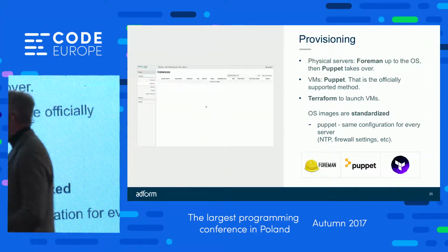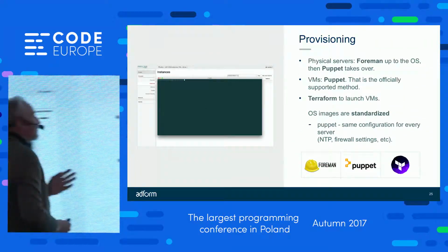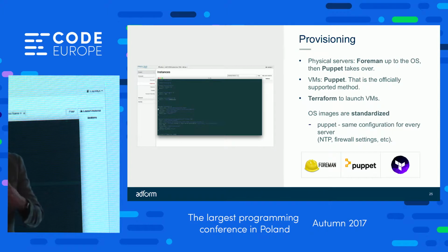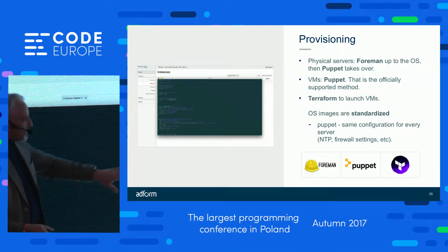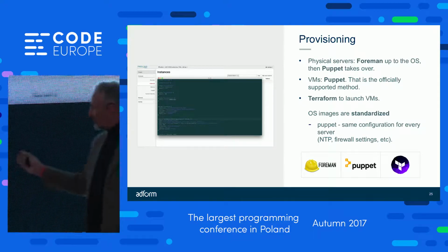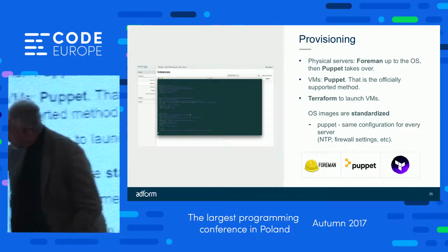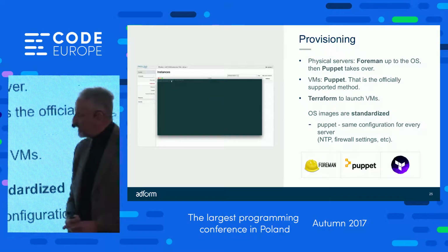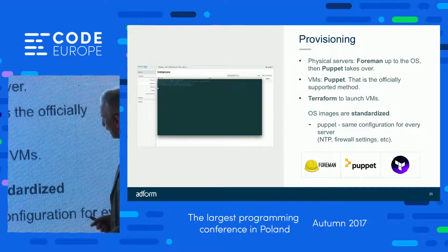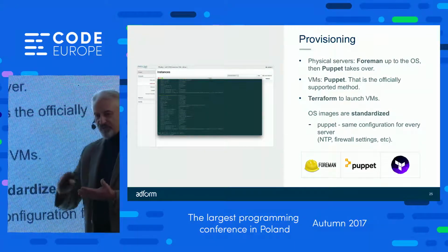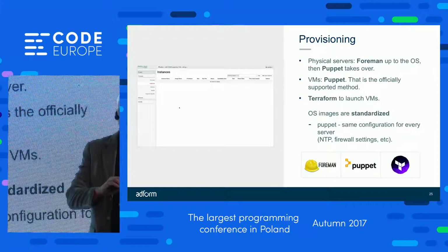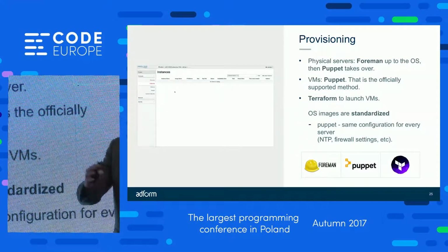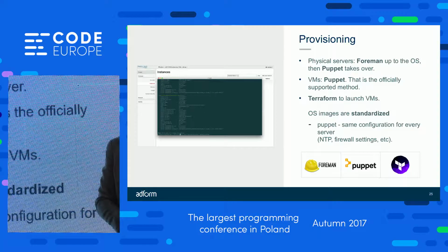When we do provisioning, so this video on the right-hand side here, we use Foreman to provision up to the OS. Then we use Puppet to take over to provision each individual VM, and the orchestration for VM is done in Terraform. And this video you see running on the right-hand side, which is completely unreadable because of the pixels, is provisioning 100 VMs specifically using Terraform. So we make sure that the physical machine's operating system distribution and any virtual machines are the same. So that minimizes the number of things that our DevOps people have to deal with.